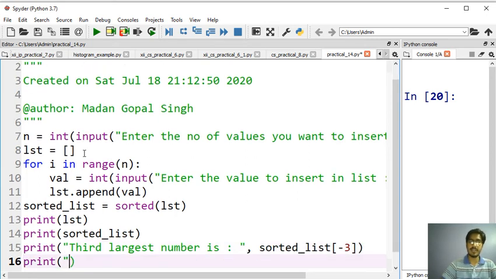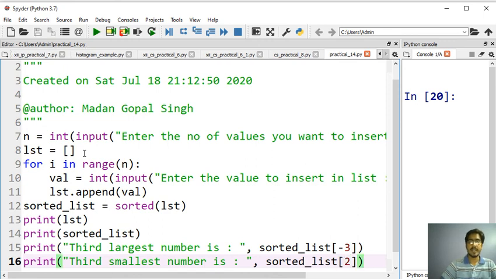Then print: third smallest number is, sorted_list with the index, and it will do that.